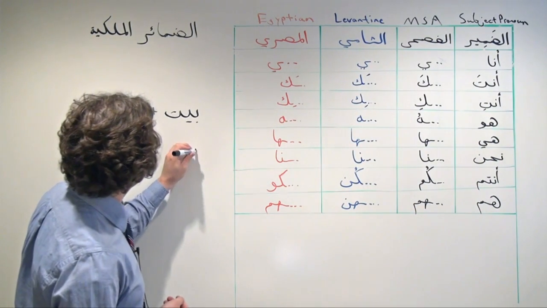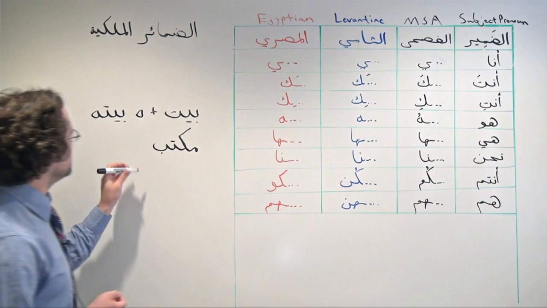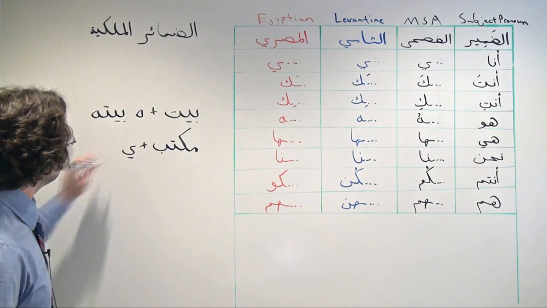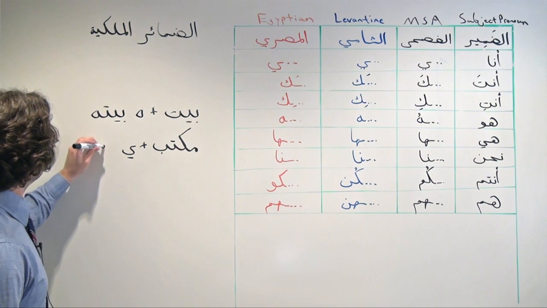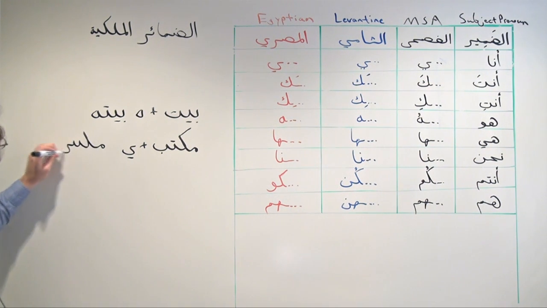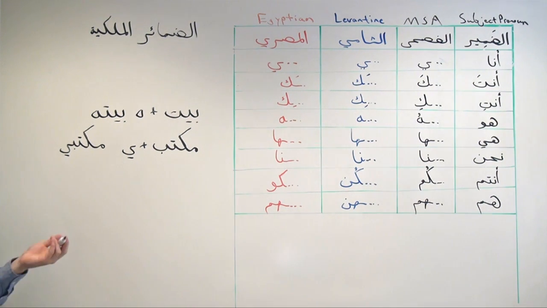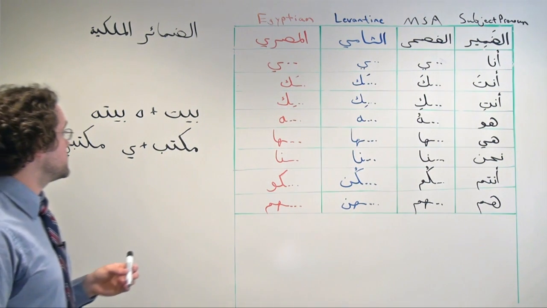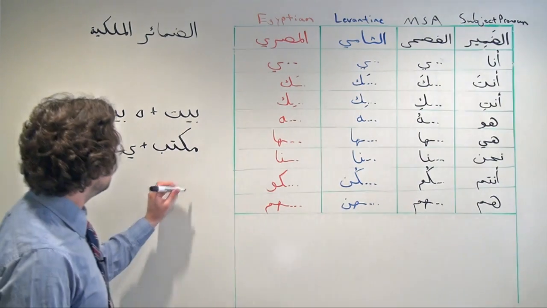Or another example, my office, maktab, and we're going to add that ya for me and connect it right to the word. Maktabi. Another couple of examples, if we wanted to say her college or her university, we would take